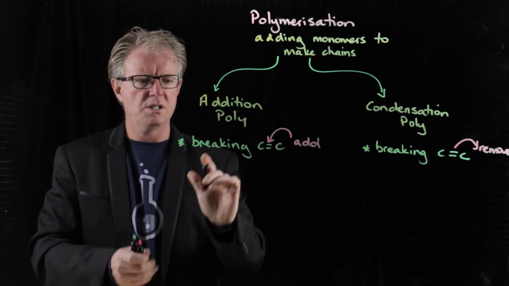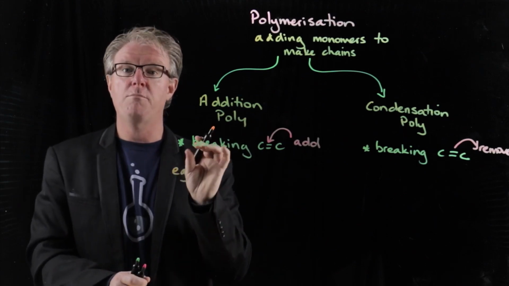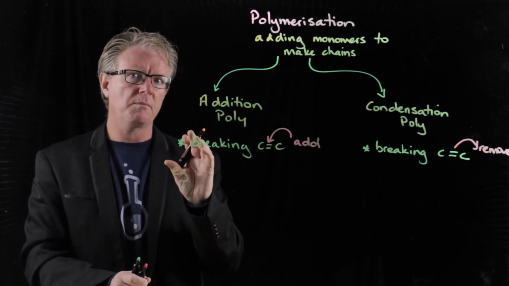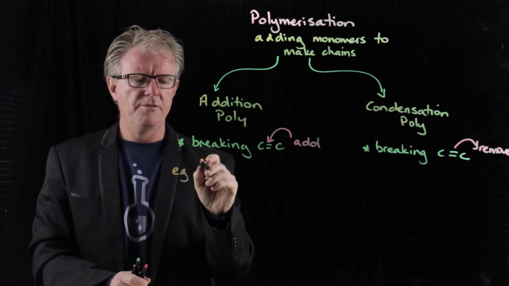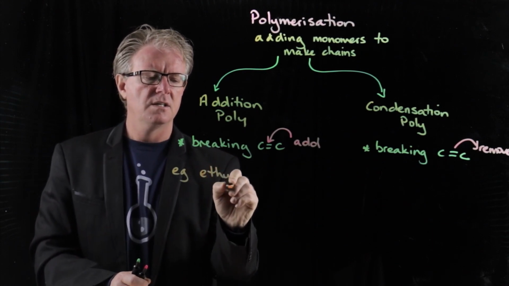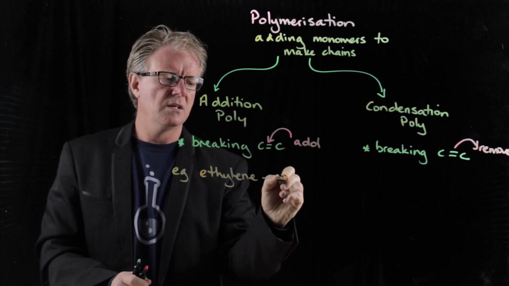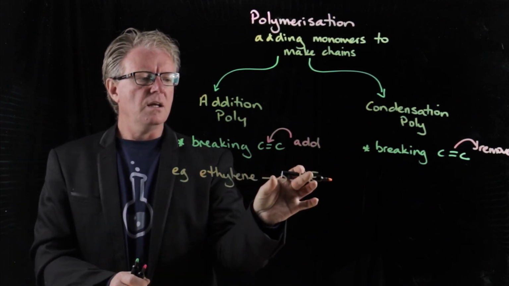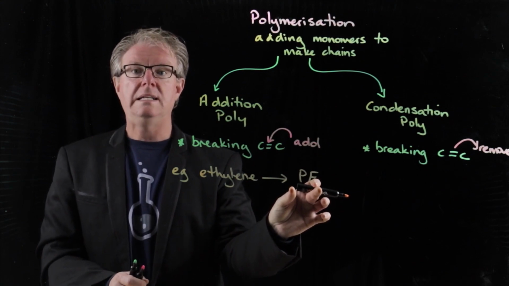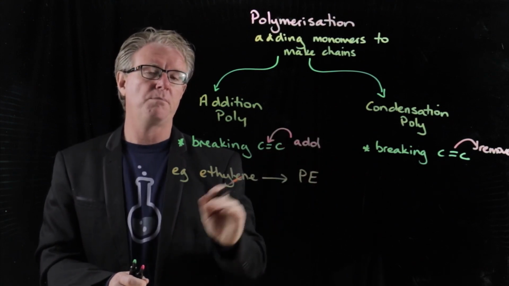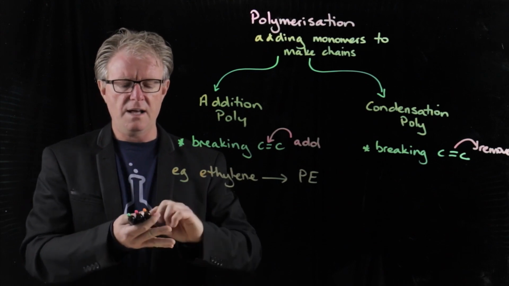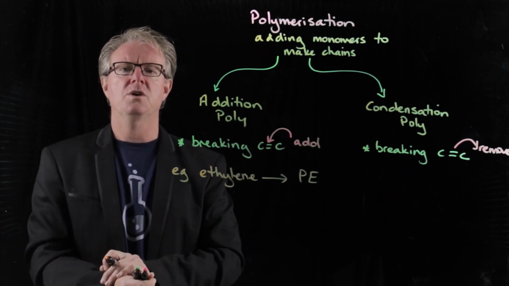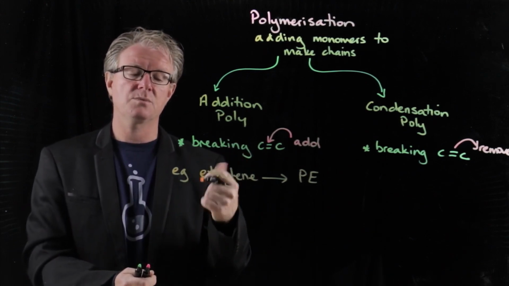The first one here with addition polymerization is the formation of polyethylene. That's the one we're going to be looking at in a lot of detail. We have previously looked at this concept, but we're going to re-examine it. That's where we got up to. In this video, we're going to be looking at the two different types of polyethylene that are made. Now, the other addition polymers, which we're not going to get into in this video, but in the next one,